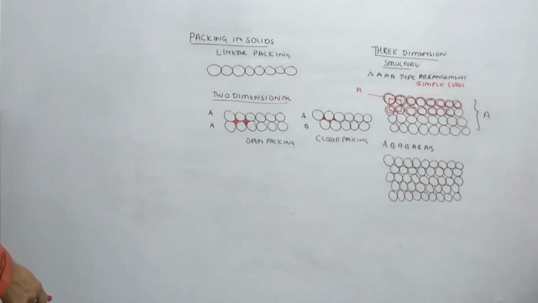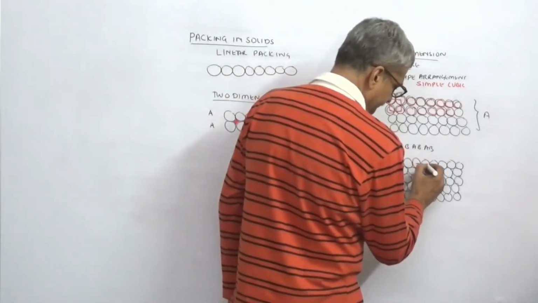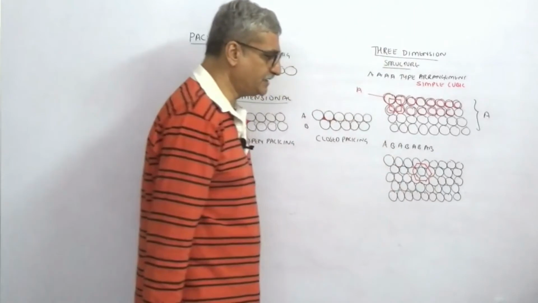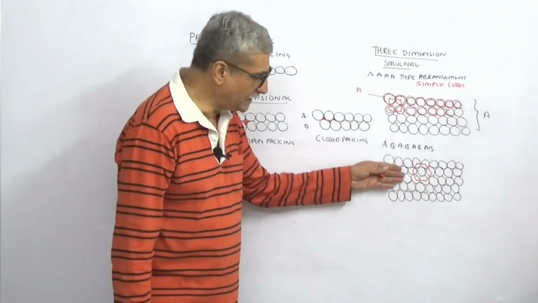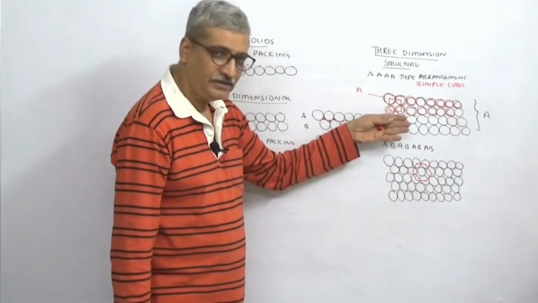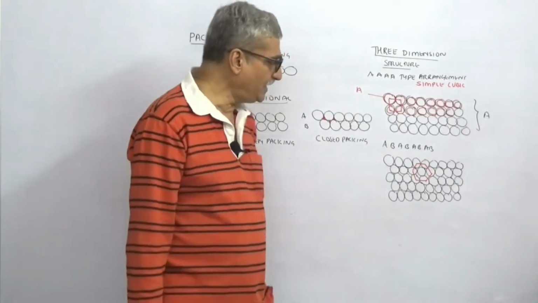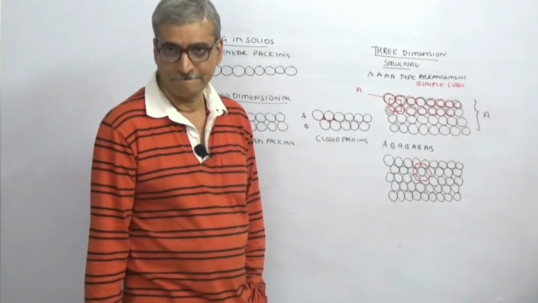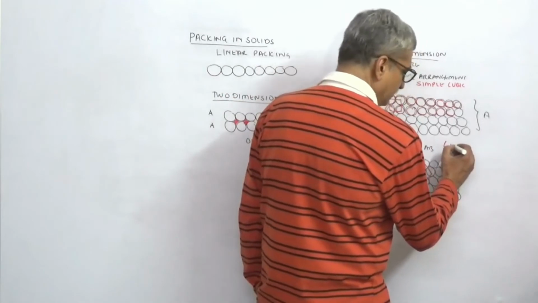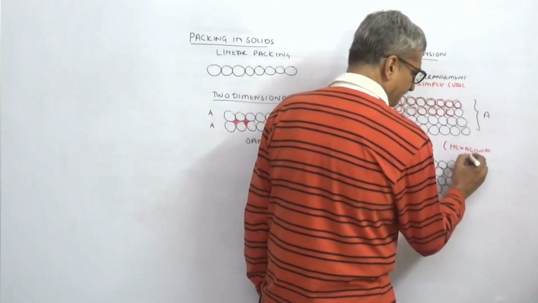So what will it be? So you can see over here. Clearly you can see I can cut one hexagon. So ये A layer में hexagon होगा, उसका पीछे जो B layer है उसमें 3 आ जाएगा ऐसा, and then one more A. So that will be the other hexagon. So you'll have hexagonal closed packing. So AB type जब भी arrangement रहेगा, 3-dimensional arrangement, then this will result, what will be the crystal lattice of the unit cell? It will be hexagonal closed packing.